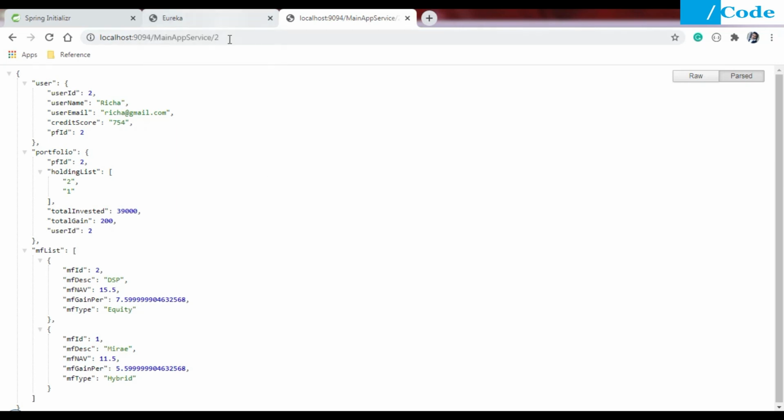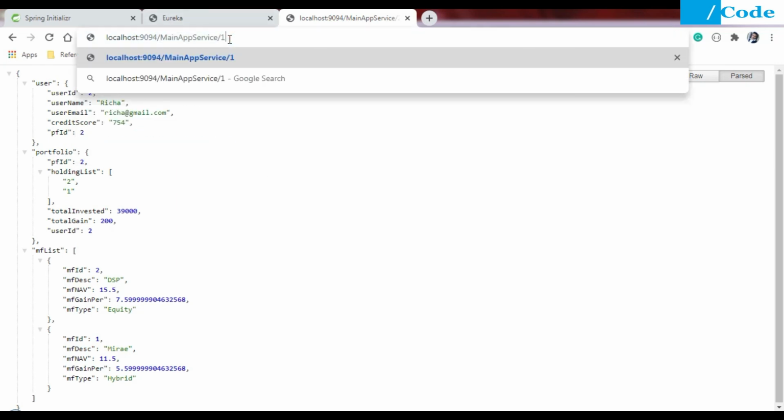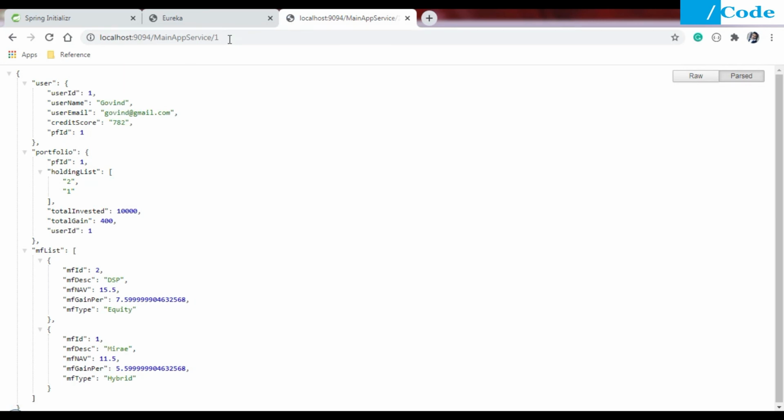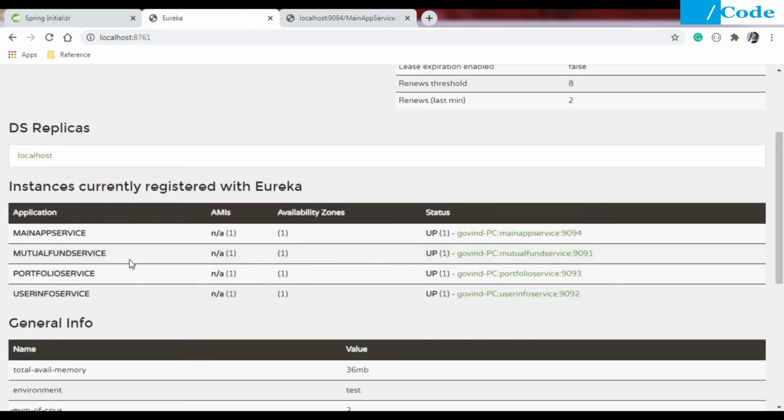We have checked the Eureka server, the Eureka client, and how they are communicating between them. Here we have resolved two issues: we are not hardcoding the URLs now, and the application status, which is up and which is down, we can see directly from here.